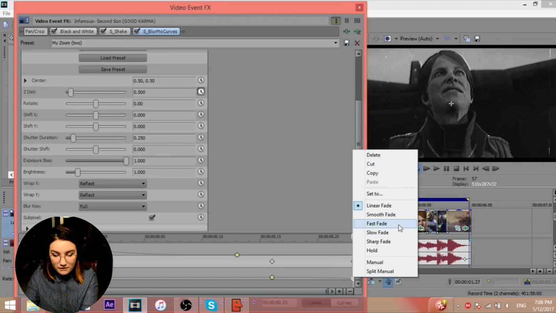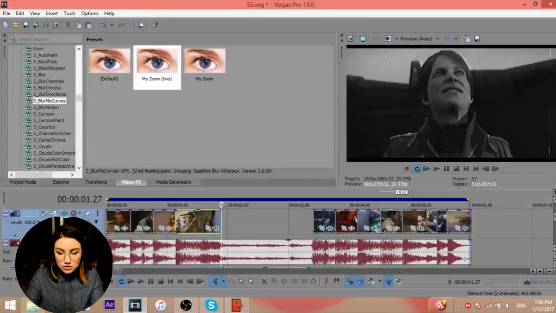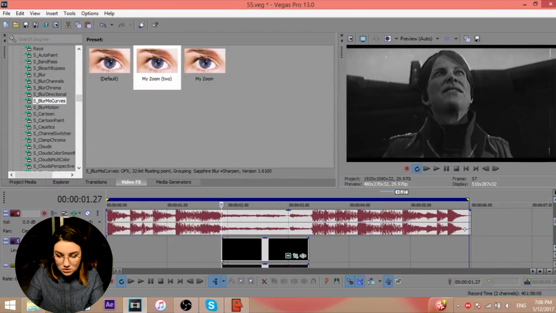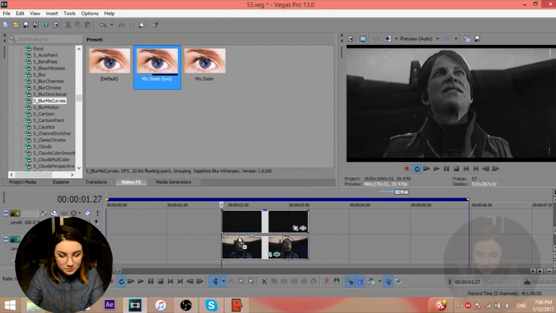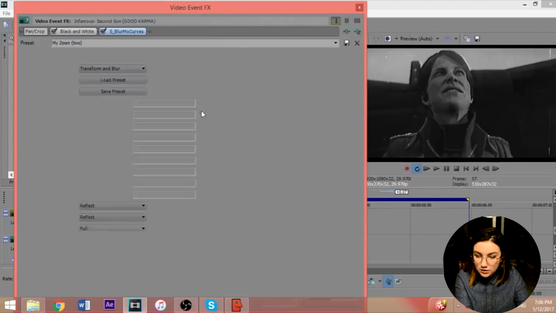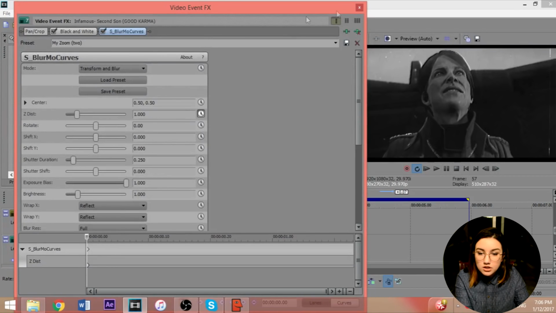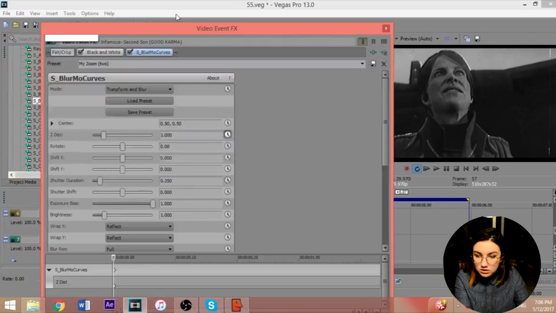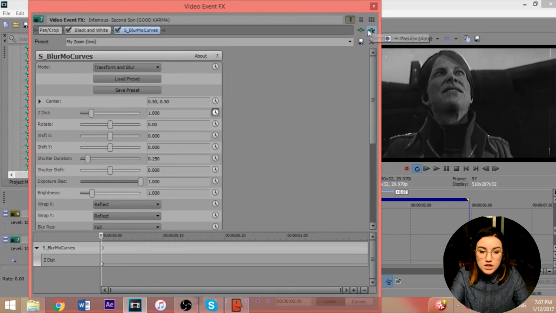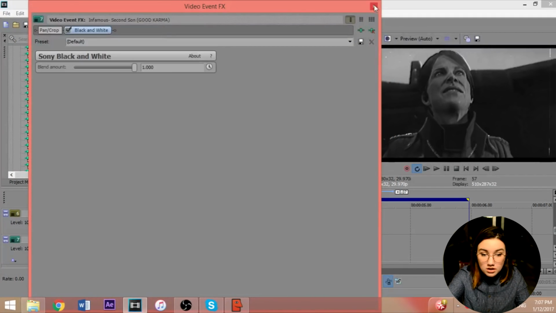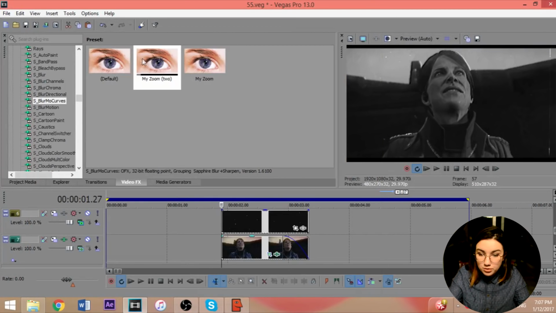And you're gonna make it fast. And then to follow that logic, if you want it to be zoomed, you go on the clip of Augustine. You drag the preset that you've made. And if it's not there, just go on default. Since you just saved it, for it to actually be there on the panel of presets, you're gonna have